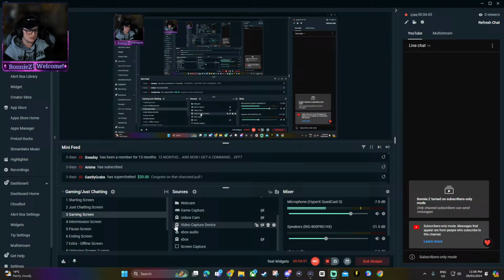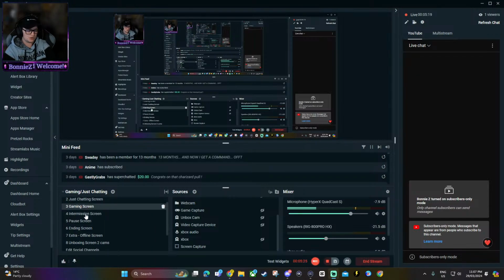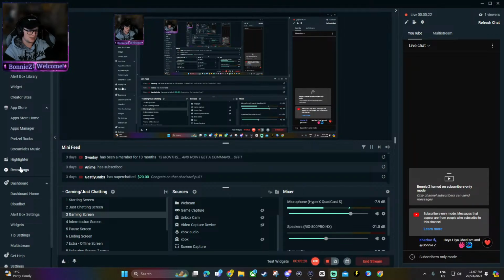So you can see here, because this is my just chatting screen, I have a lot going on here. This is the number 1 key, and 2 and 3 is on the right hand side of my keyboard where I have my numbers. Instead of using an Elgato Stream Deck, with all the buttons preset, I use the buttons on the right hand side of my keyboard. And that's what these represent. So I know that for my starting screen, I press 1, just chatting screen, I press 2, and so on and so forth. You can change those settings over